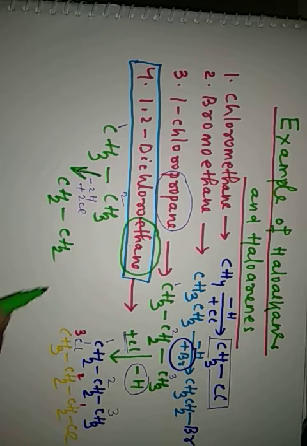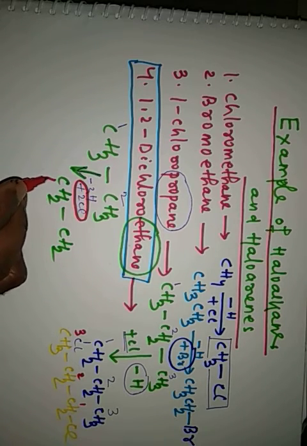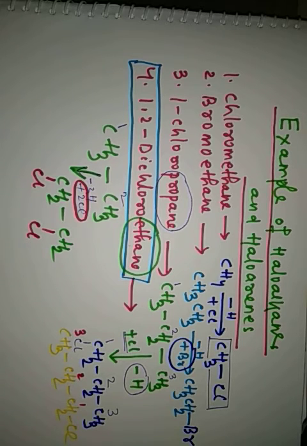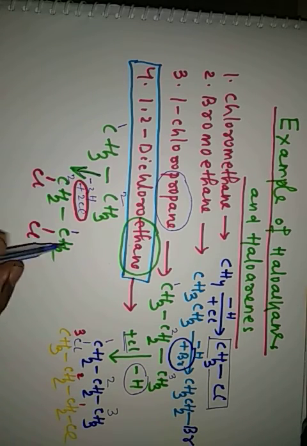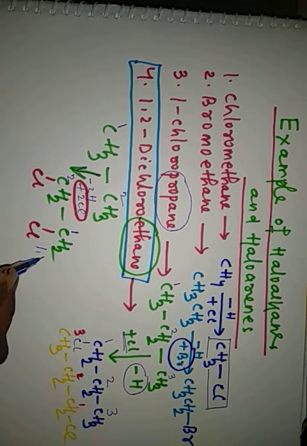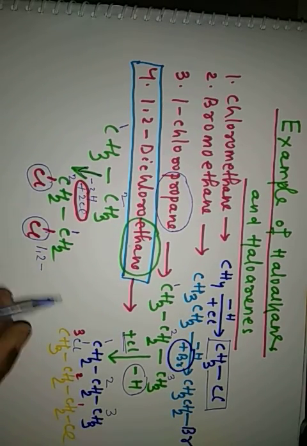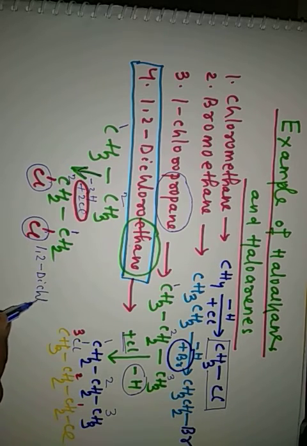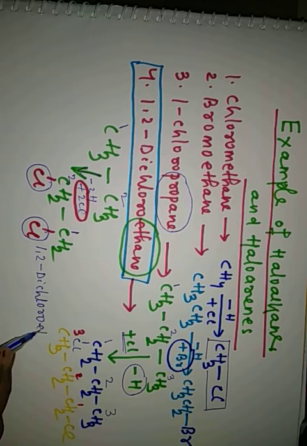So it becomes CH2 CH2. So you are adding here 2 chlorine. Chlorine adding here, 1 chlorine, this is 1 chlorine. That means this is carbon 1 and this is carbon 2. So 1, 2. So its name is 1,2. How many chlorines are present here? Chlorine 1, chlorine 2. So dichloro. How many carbons here? Here 2 carbons are present. So ethane. Its name is 1,2-dichloroethane.